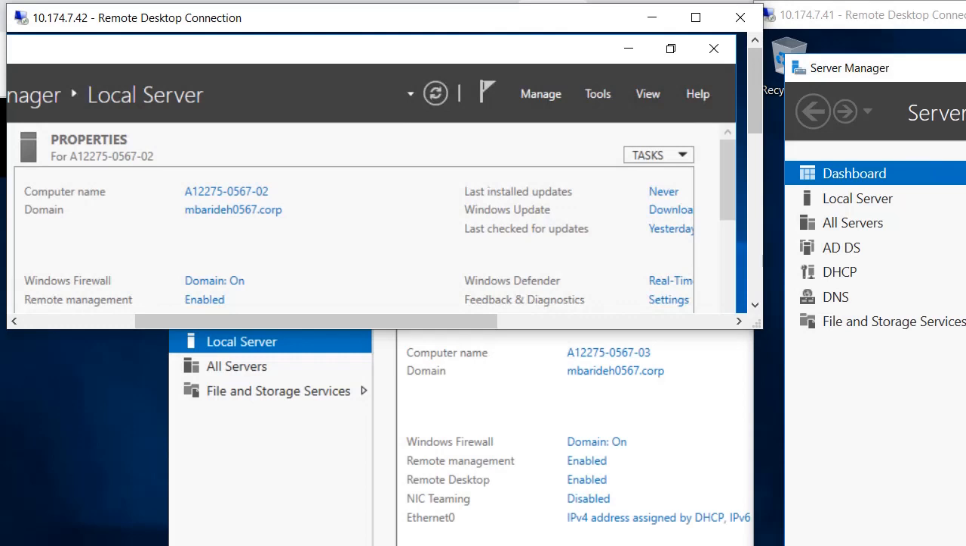Hello everyone and welcome. In this video, I'm going to install Active Directory domain services in our first lab machine and create an Active Directory domain and join two other lab machines to Active Directory. And then we are going to be implementing role-based access control to manage some Active Directory objects and some of